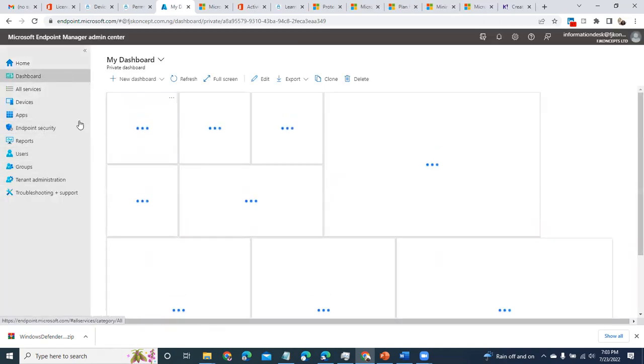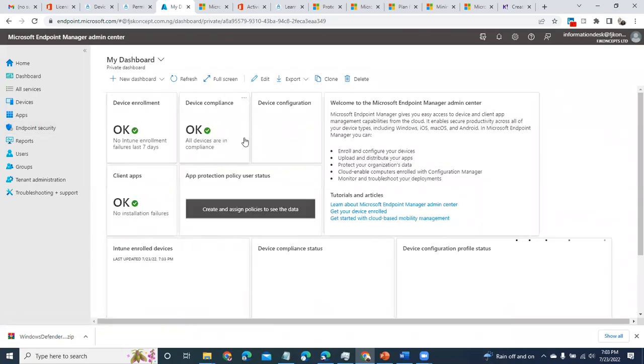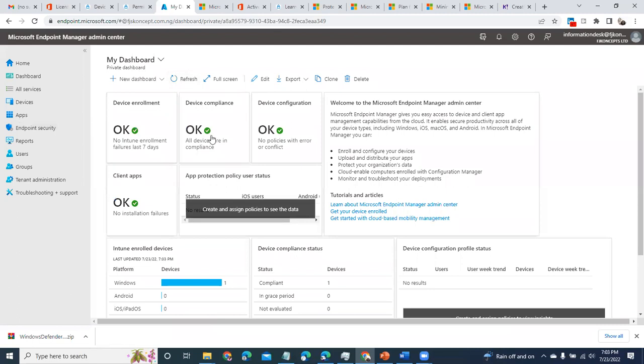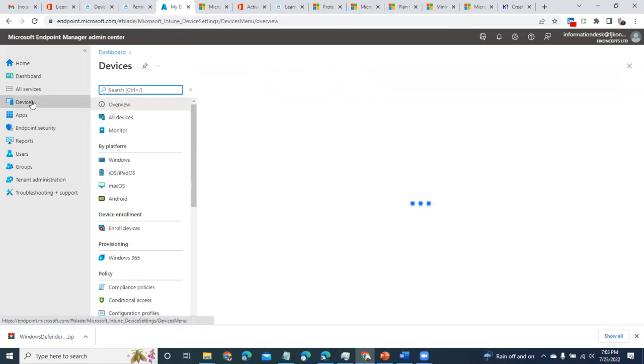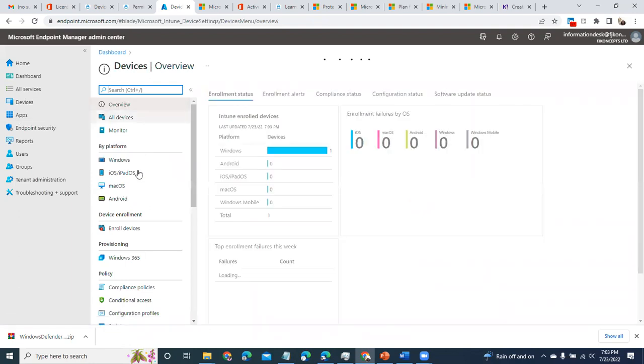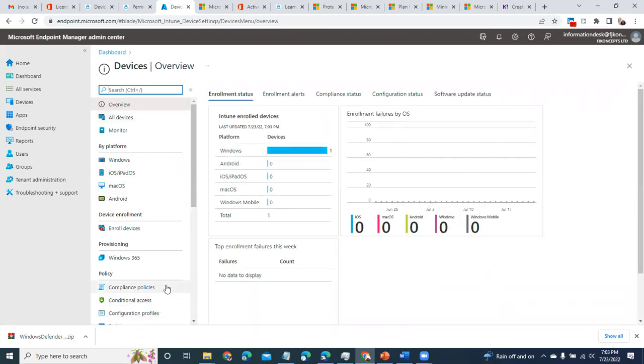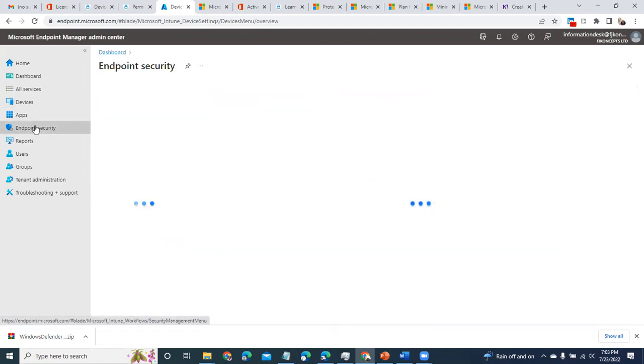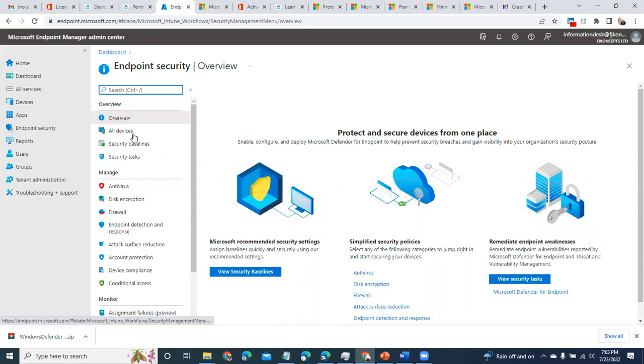When you land in Intune here, it gives you another dashboard about the devices in your environment, and it can tell you how many devices are compliant. When you come to devices, you can see whether it is Windows, iOS, Mac, or Android, you can see all of them. When you come to endpoint security, that's where you create your policy.